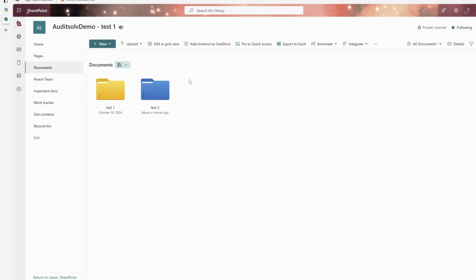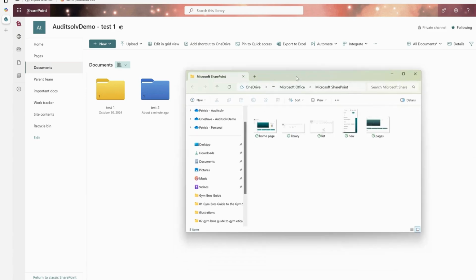Now, one of the important things with this also, right? I've got a document library in SharePoint, but maybe I don't want to go to SharePoint all the time to access it. Well, I can add a shortcut to my OneDrive. When I add this shortcut to my OneDrive, it will open up and save it to your File Explorer, right? And inside your OneDrive,